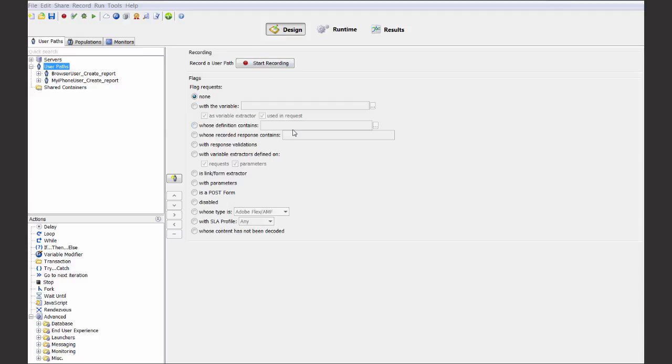So NeoLoad is a GUI-based tool. There's no scripting language needed. It's pretty much a click and drag tool. You can see here it comes in a viewing as a tree structure. You have user paths here, which we're going to create some. These are essentially recordings, or in other terms could be referred to as a script. But in our case, since we're a scriptless based tool, I'll refer to them as user paths as best as